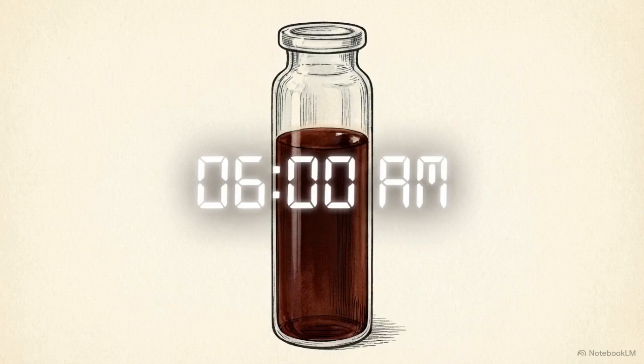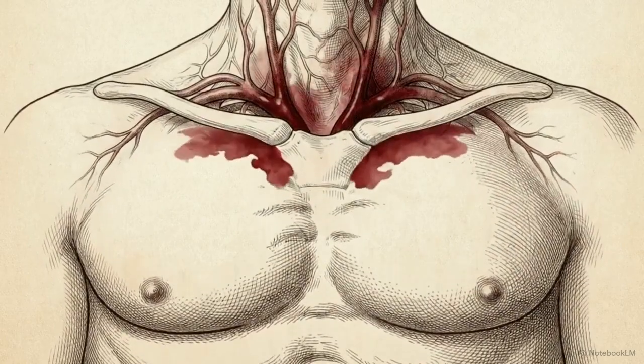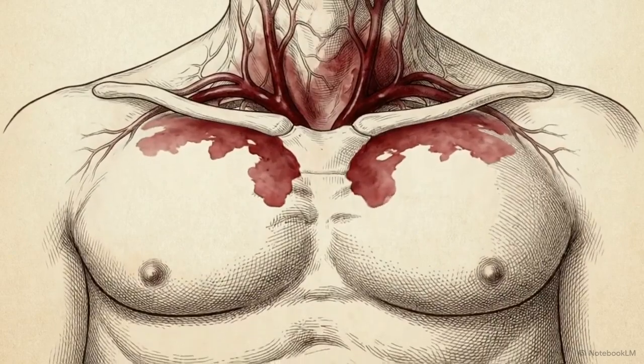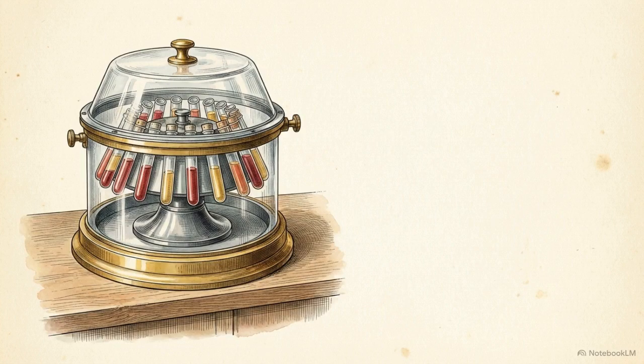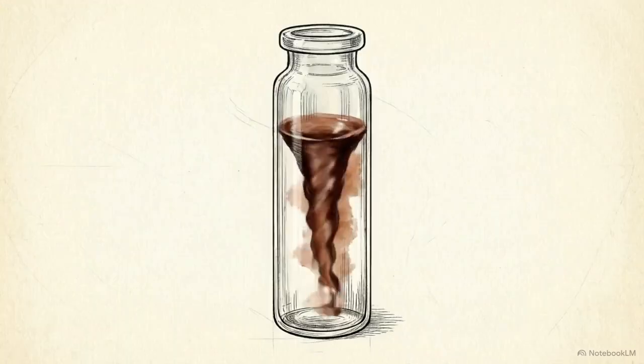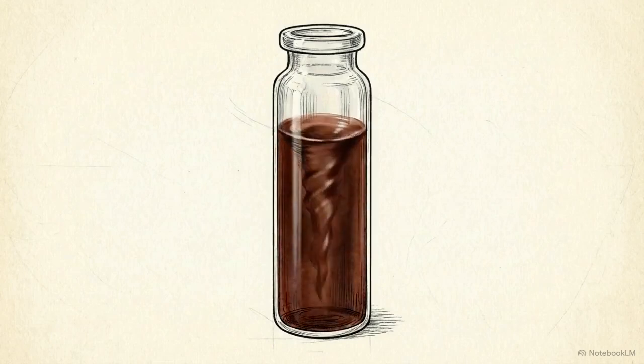The hallmark early morning dark urine occurs because sleep-induced hypoventilation causes a mild respiratory acidosis. This slight drop in pH is enough to trigger a surge of complement activation and subsequent cell destruction overnight. Centrifuging a urine sample distinguishes true hemoglobinuria from standard hematuria. While intact red blood cells settle into a pellet at the bottom, free hemoglobin remains suspended in the supernatant, leaving